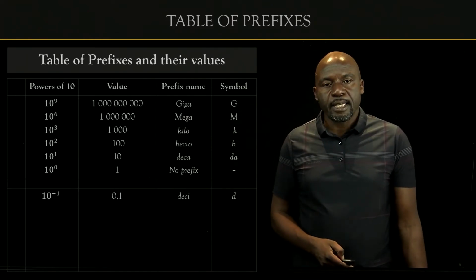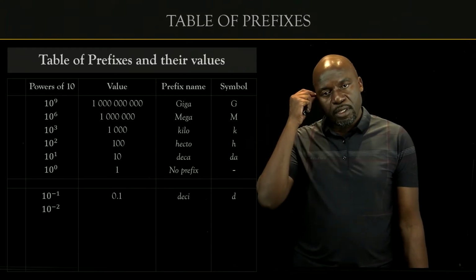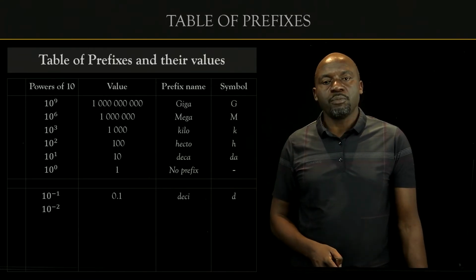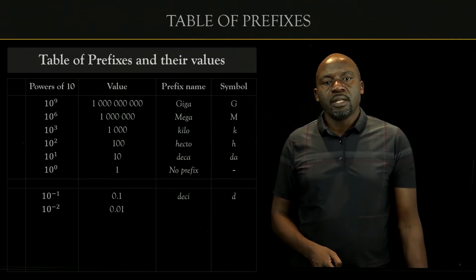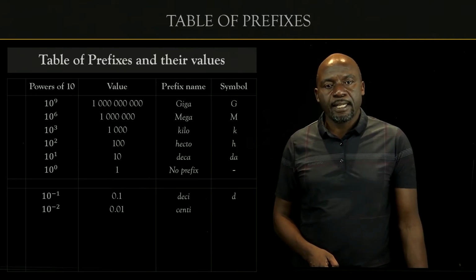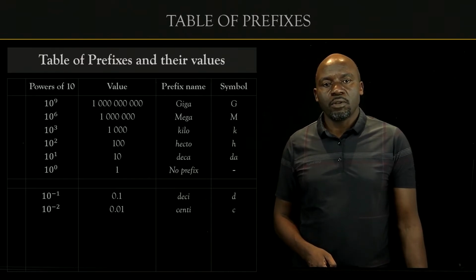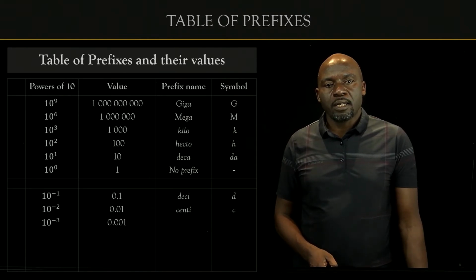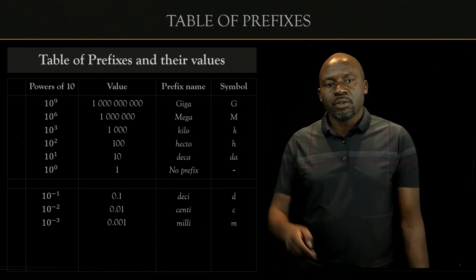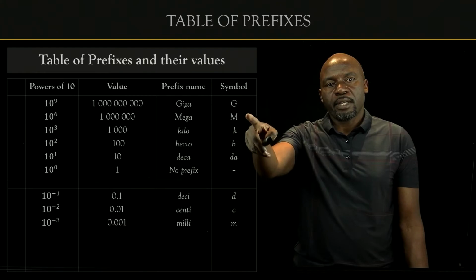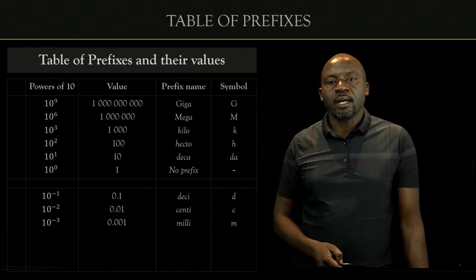We use lowercase d. 10 power negative 2 should be familiar, and it's going to be one of the ones you must remember. 0.01, which means centi. Like when we say centimeters, we mean times 10 to the power of negative 2 meters. So lowercase c. Then we have 10 to the power of negative 3, which should also be familiar. 0.001, that is the milli, 10 power negative 3. We use lowercase m. So the lowercase m is used for milli, the uppercase M is used for mega, and you should not